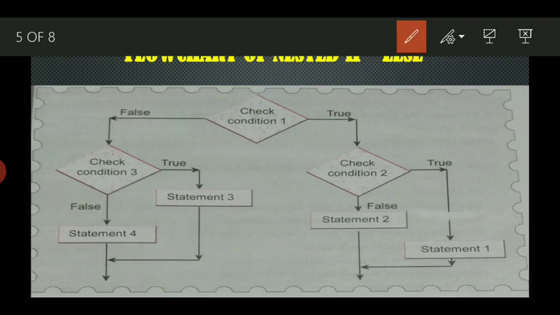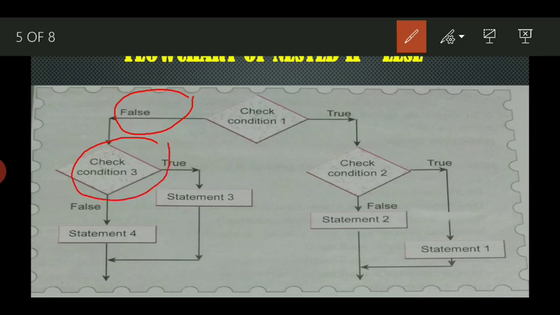If condition 1 is not true, or not satisfied, then we come to the false branch. If it is false, then condition 3 is checked.